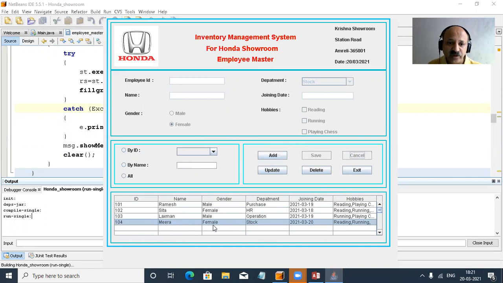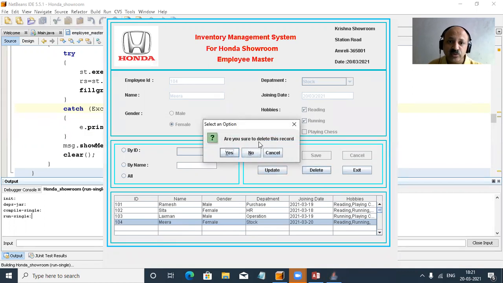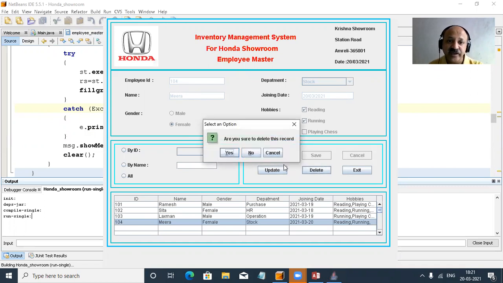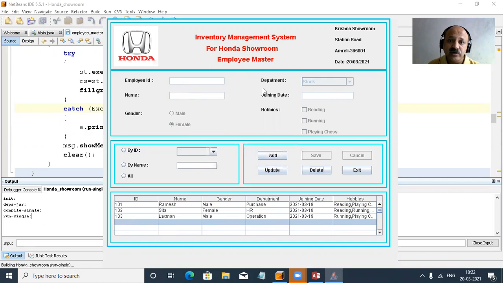And now what to do? Again I select the same record, and here I give delete. First it asks, are you sure to delete this record? I give no, so that record is not deleted. Again now I delete. Again, are you sure to delete this record? Now I give yes. Your record is deleted, and you can look here, that is already cleared, and also here it is cleared. So perfect, our whole target is met.